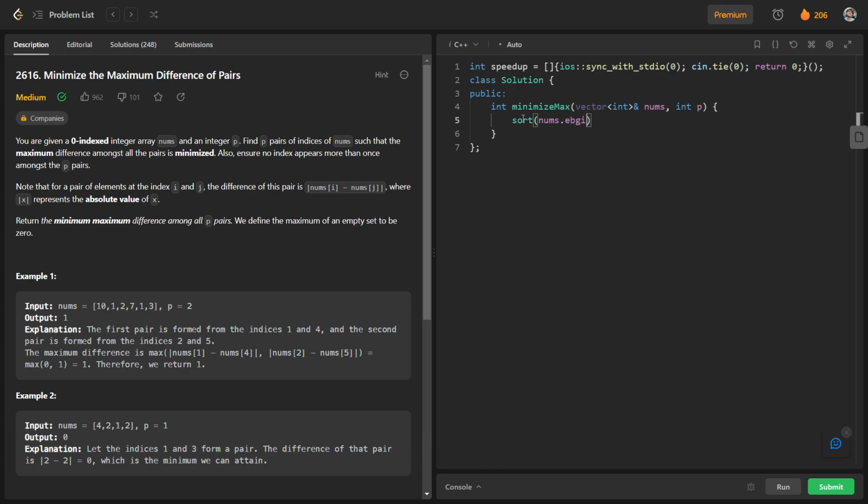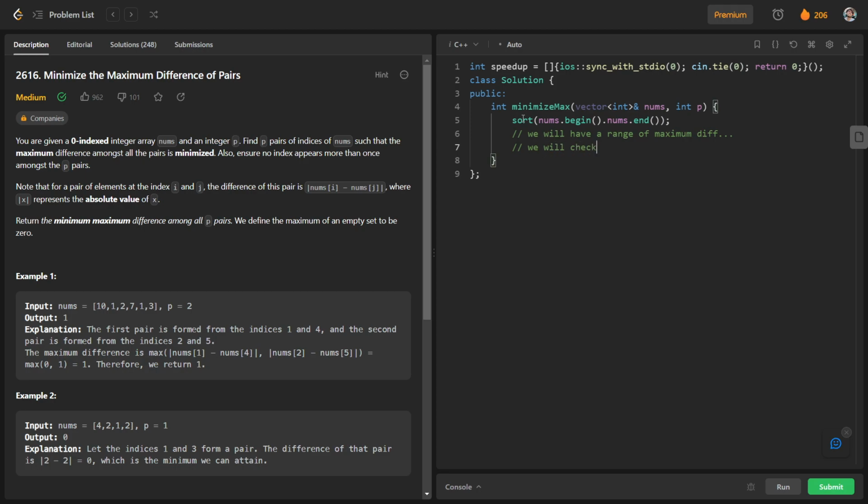So nums.begin and nums.end. Then we will have a range of maximum difference, and for that maximum difference, we will check whether we can have p pairs or not.